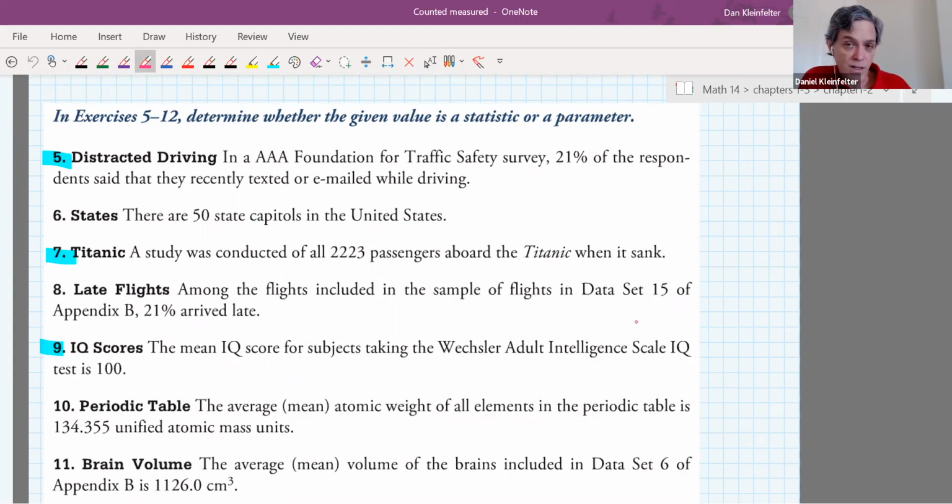No, it's just the survey. People who are surveyed, the respondents of the survey. So that's going to be a statistic. Statistic for sample, that's the S's. Parameter is population, right? Okay, 7, a study was conducted of all